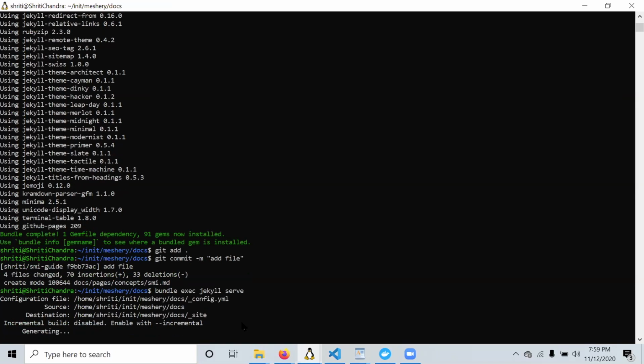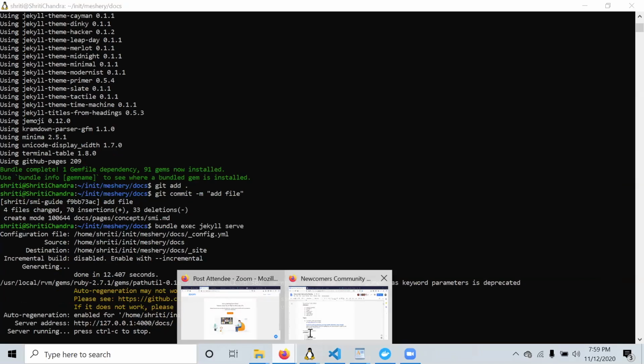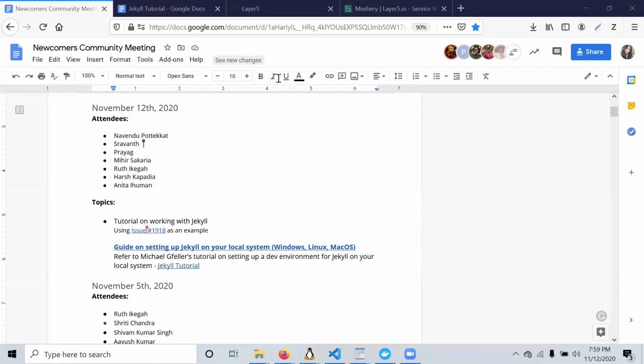Just wait for a second. If you're working on Ubuntu 20.04 LTS, you'll have to add a few commands to its script so that the auto regeneration feature works. It's a bug and they haven't fixed it yet.